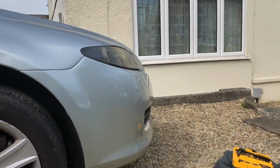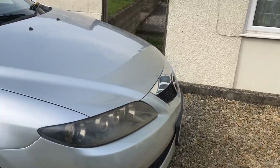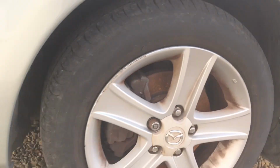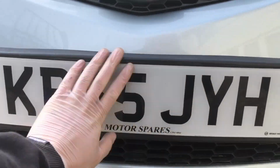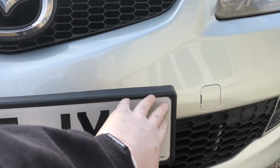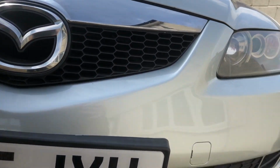Underneath the car, I fitted all the 8mm bolts that I was holding sort of the under tray together. So as you can see, we have got the arch liners fitted, and underneath, nothing hanging down, everything is tight and secure. I've actually managed to get the new number plate in and fitted nice and tight. It's a bit loose there. I'll check the Phillips screw behind now. All nice gaps either side